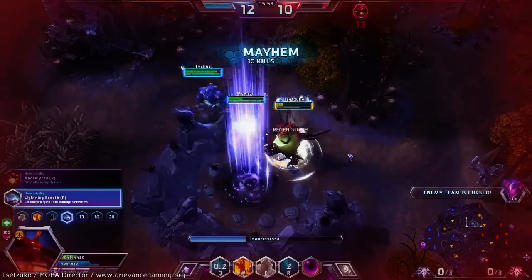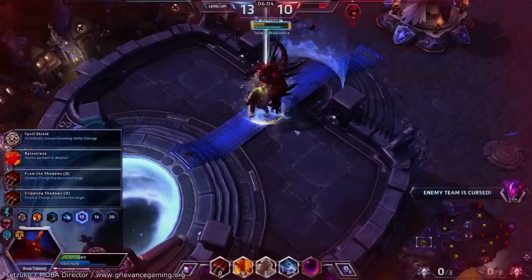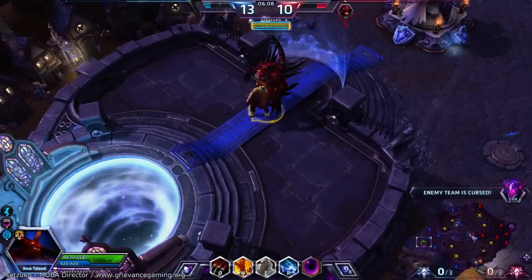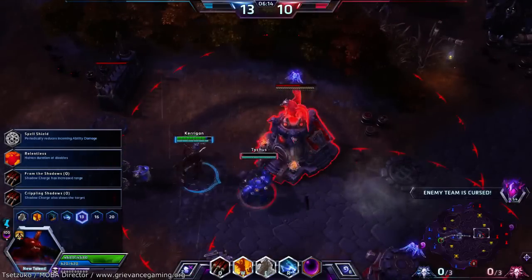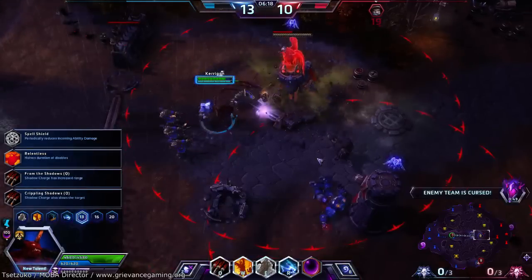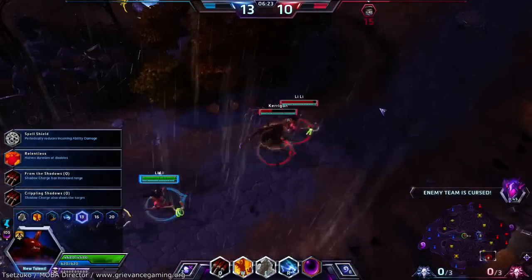Mayhem. Okay, you have won my favor. So the enemy team's buildings are cursed. Basically, this does two things. One, buildings that are cursed won't attack, so they won't fire cannons and stuff at you. And enemy minions that are cursed, hopefully I can show you some down here,